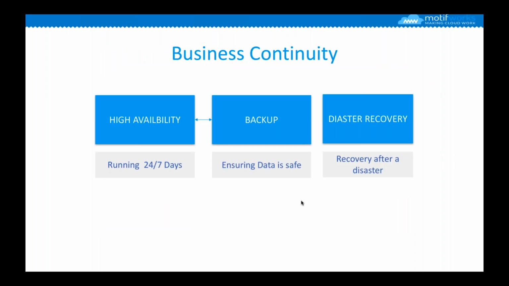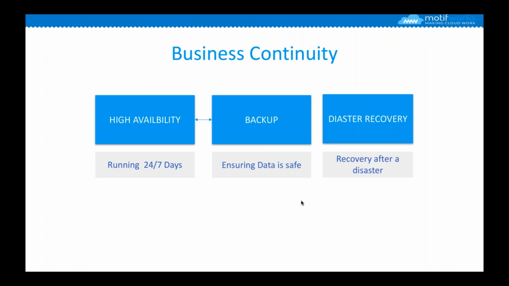From a business continuity perspective, you have three different models, and it's a widespread thing. It's basically comprised of policies and procedures that exist in the organization. The first thing is high availability. You design the infrastructure so that it can maximize availability. You leverage multiple instances of virtual machines or servers, so if one goes down, the other one can pick up, or the traffic can be routed to another instance, so you are still in business.